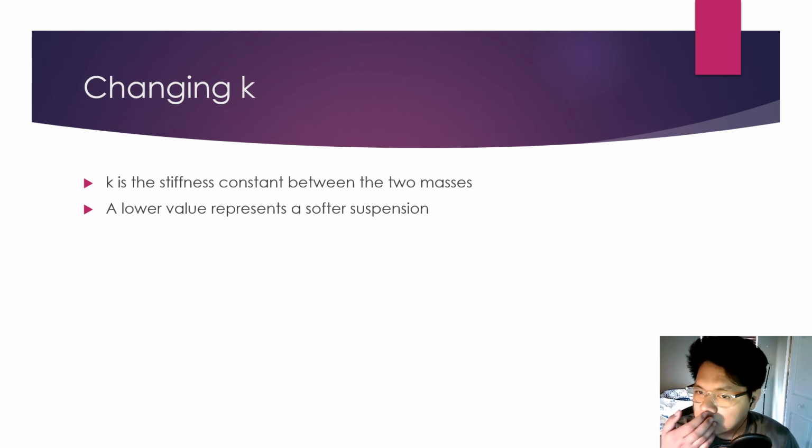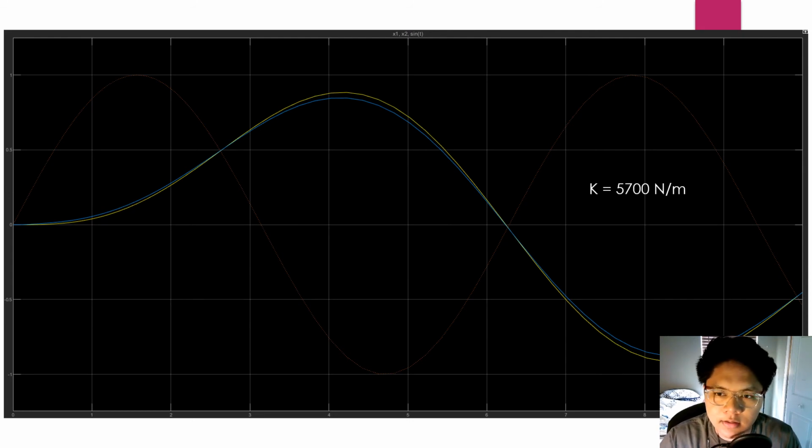I decided to experiment with lowering it, and lowering the value of k represents a softer suspension, and we should expect that the values of x1 and x2 should change more with the road function. And we can see here the original 5,700 newtons per meter with sine t, the original road